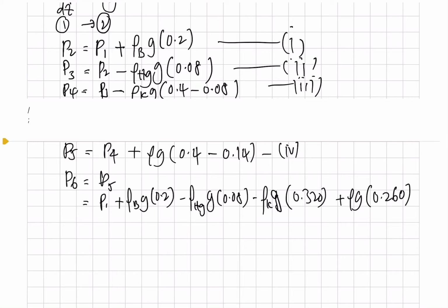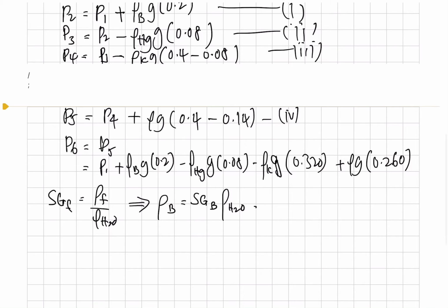Okay, and once again, in this case, we don't have the values of rho benzene, rho kerosene and rho Hg. But we know the SG of a fluid is equal to rho of the fluid divided by rho of water. So in other words, density of benzene is equal to SG of the benzene times rho H2O. Okay, so take this equation and put back into our original equation, and finally you have P6 is equal to your P1, and then plus this benzene having the SG of 0.87,